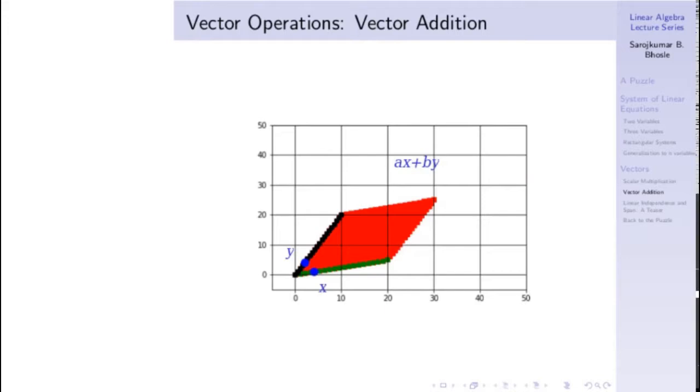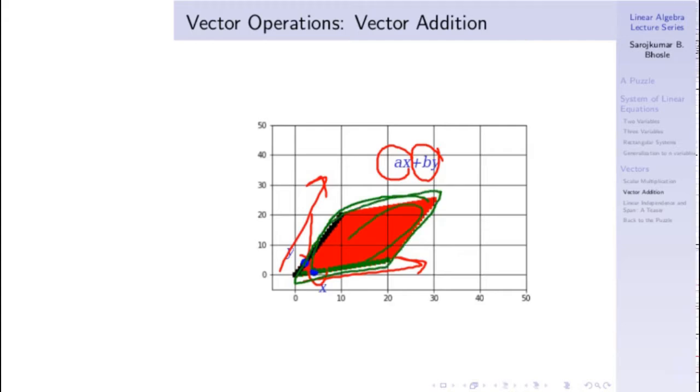Now coming to scaling both x and y. Here, this is where x and y are represented, this is x and this is y. If we scale both, here what I am doing is scaling both of them by a positive number. If we scale both of them by a positive number, this is the set of possible points that we get. So the set represented by this red boundary, this red color, is the set of possible points that we can get.